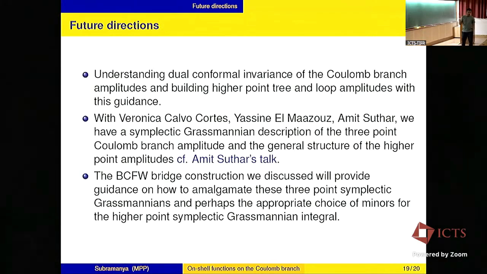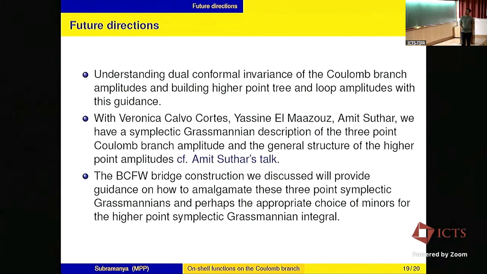So now that we have done this, what are the future directions? Coulomb branch amplitudes also have dual conformal invariance if you scale mass in a certain way. So this was argued by various people several years ago. And one important thing to do is to use this as a guideline to see how to build higher point tree and loop amplitudes. And another thing which Amit talked about is that now currently we have a symplectic Grassmannian